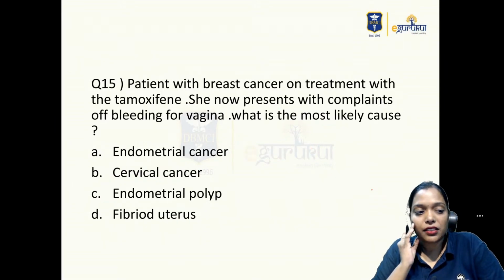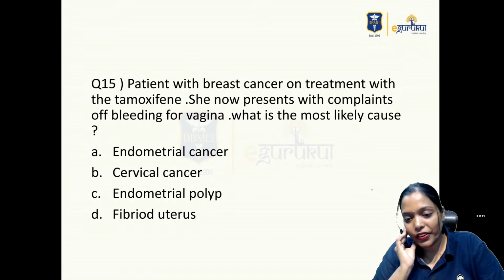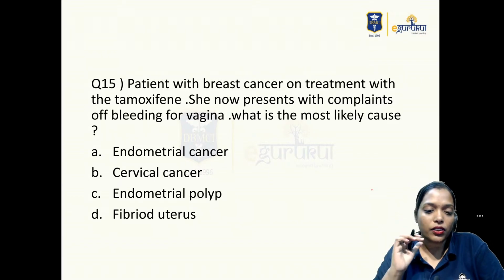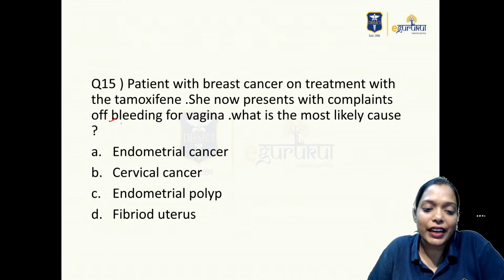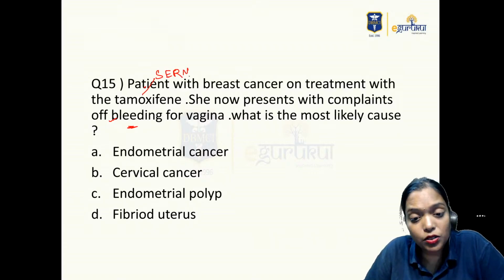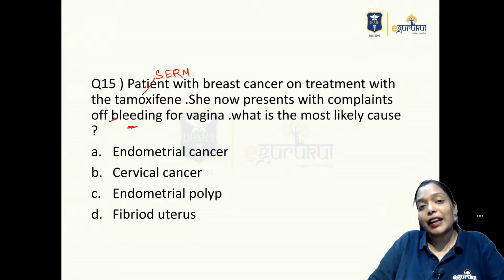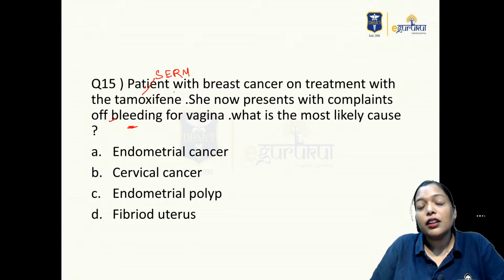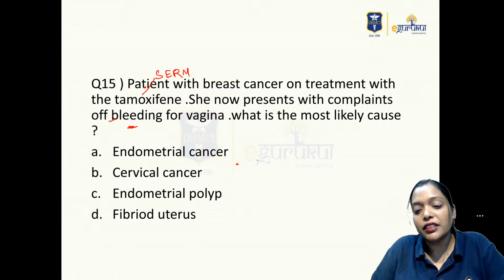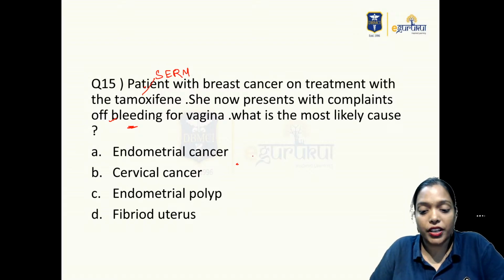A patient with breast cancer on treatment with tamoxifen now presents with complaints of bleeding per vaginum. What is the most likely cause? Tamoxifen is a selective estrogen receptor modulator. It acts like estrogen on some receptors and anti-estrogen on some receptors. On the endometrium, it is like estrogen. So tamoxifen always has the risk of